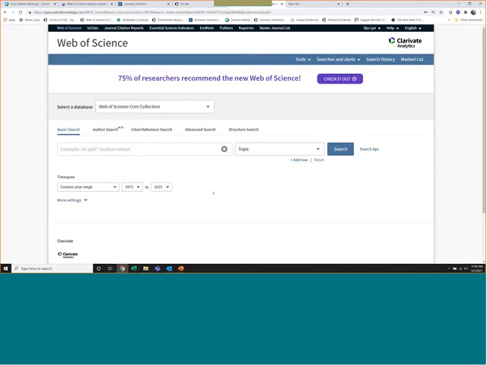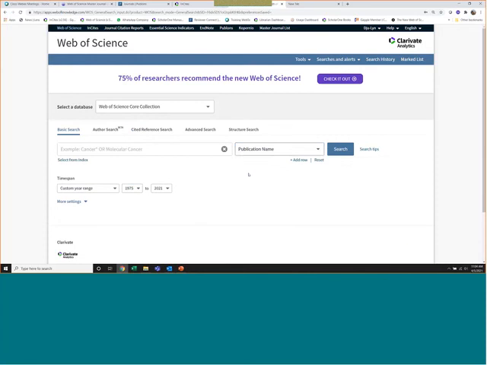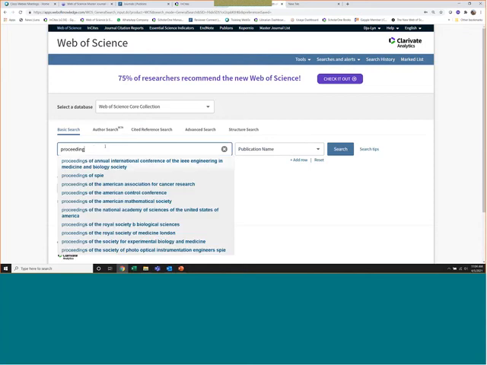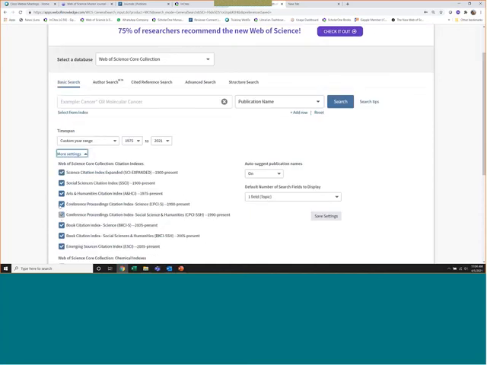So what you can do on Web of Science is, number one, you can do a publication name search. So if there's any conference proceedings, you can just type in the conference proceedings names into this search, and you can then easily verify whether the conferences are indexed in CPCI. So you can type in the conference proceeding. You can even limit it to the conference proceeding indexes just to make sure.